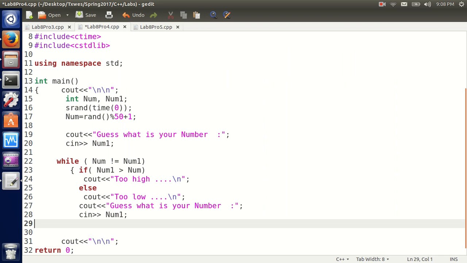And this, I'll enter a number here, I'll close the while loop,